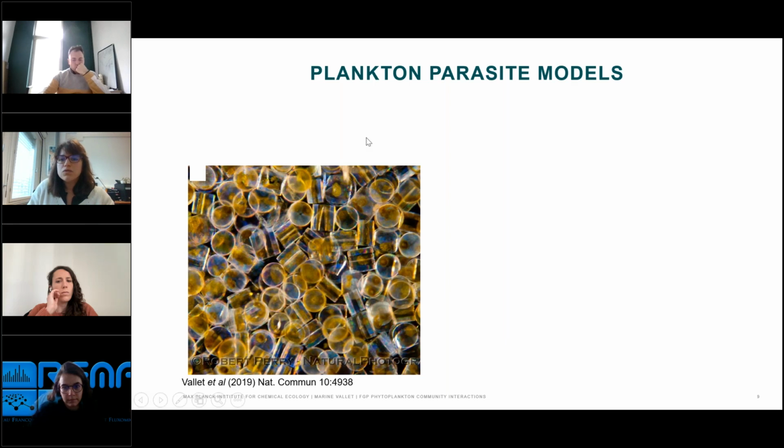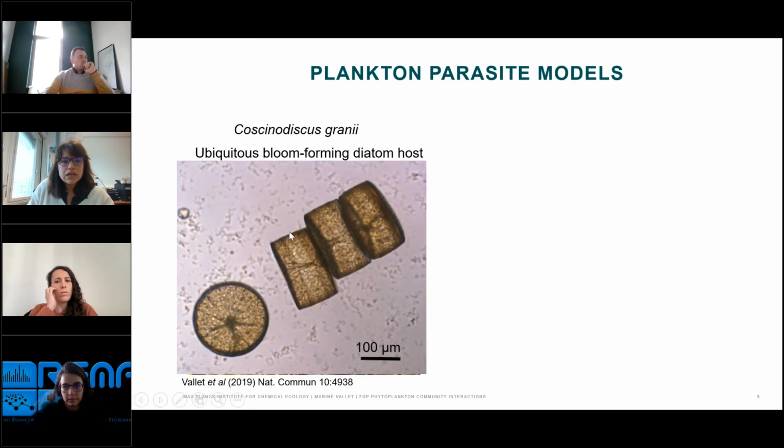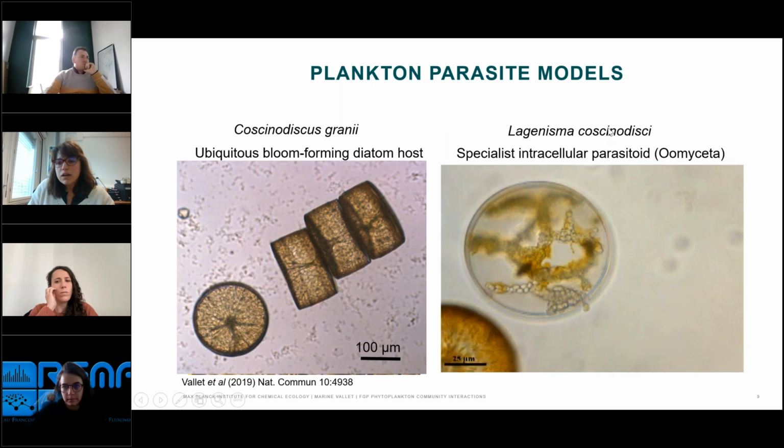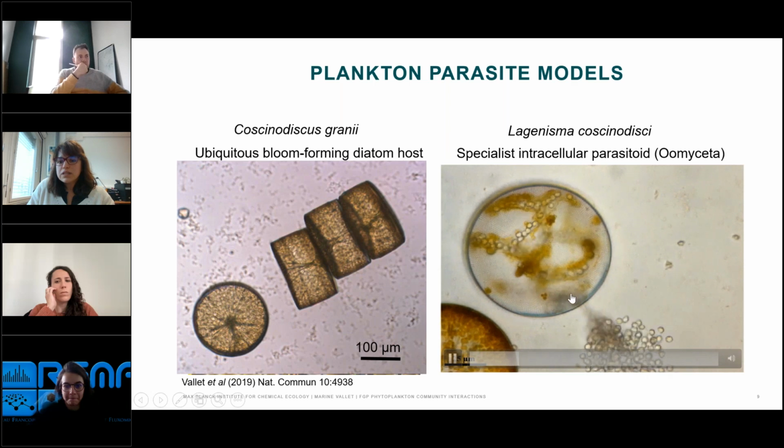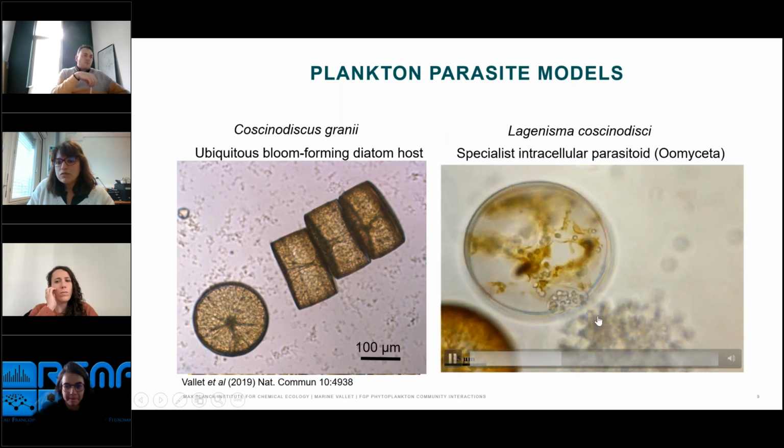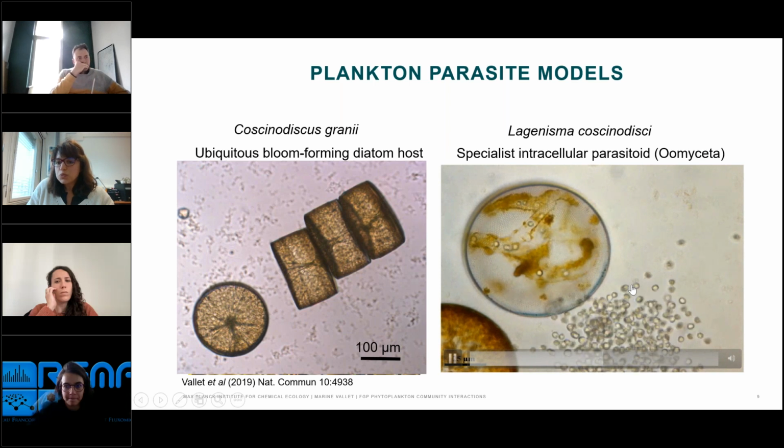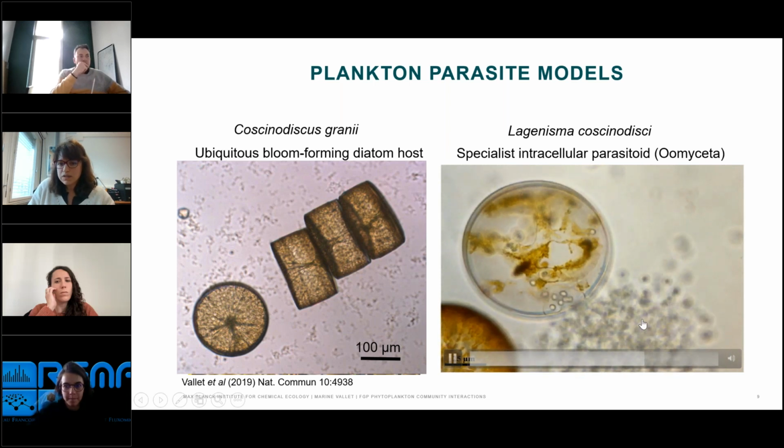I'm also working now with another model of parasite, infecting this time the diatoms. Diatoms are another big group of phytoplankton, in particular Coscinodiscus granii. For instance, you have here an example of healthy cells. I have isolated and now work in the lab with an oomycete parasite called Lagenisma coscinodisci, which can again infect the cell, until the last stage, the reproduction of this parasite. And you're seeing here again the release of all the zoospores that are now swimming and have to quickly find a host because this life stage is short-lived.